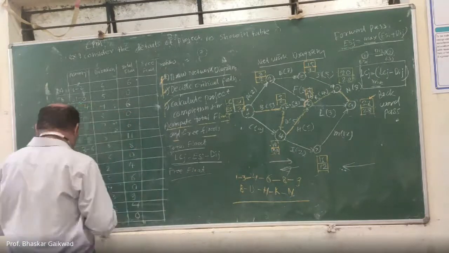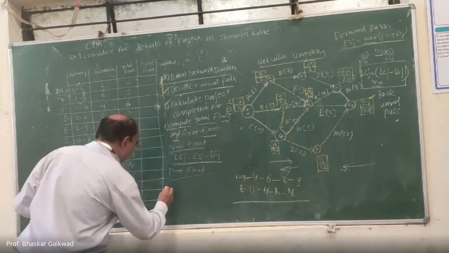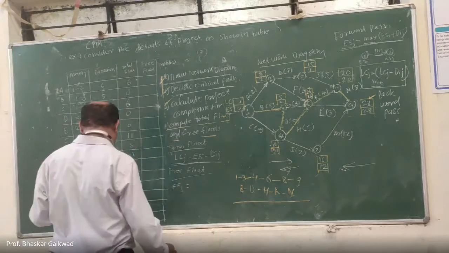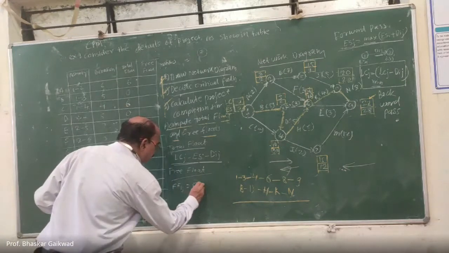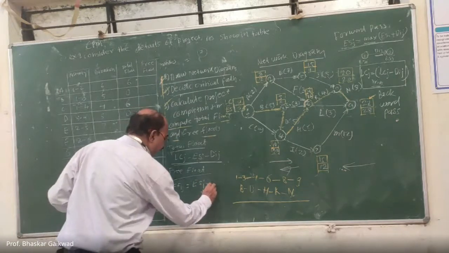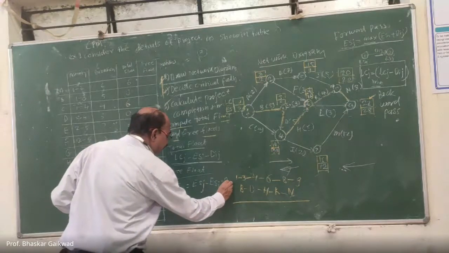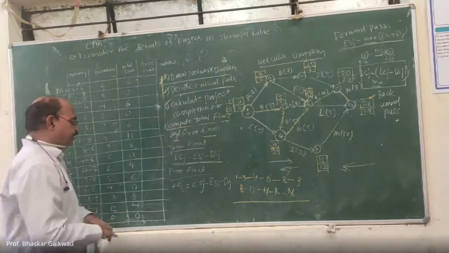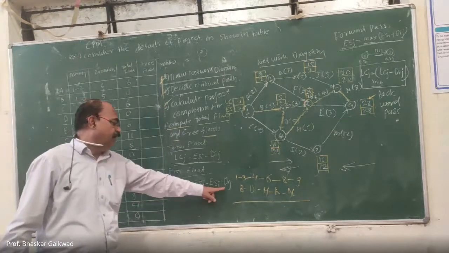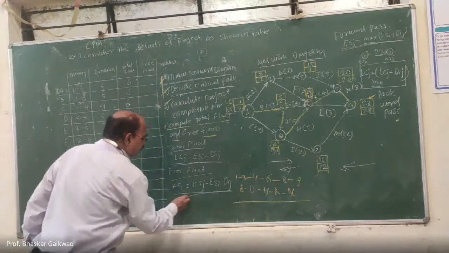So this equation you have to write. Free float ij is equal to earliest start time of J activity minus earliest start time of I minus dij. Means the head minus tail earliest minus duration. Okay. So let us use this formula. You have to calculate free float.